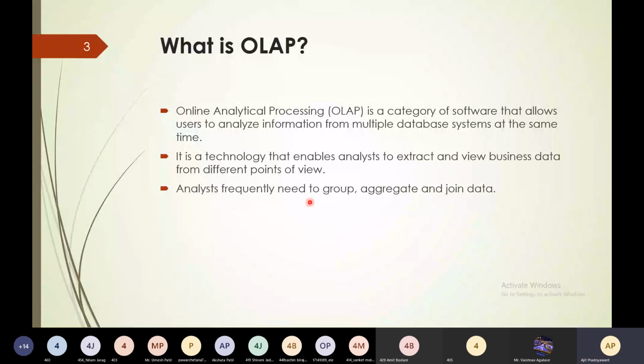Analysts frequently need to group, aggregate, and join the data. So with the help of different operations of OLAP, you can understand how analysts will group the data, aggregate the data, and join the data to view it from different points of view.